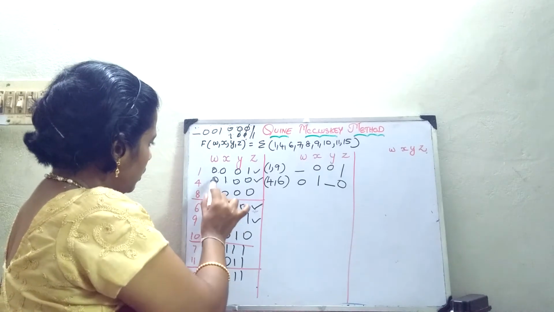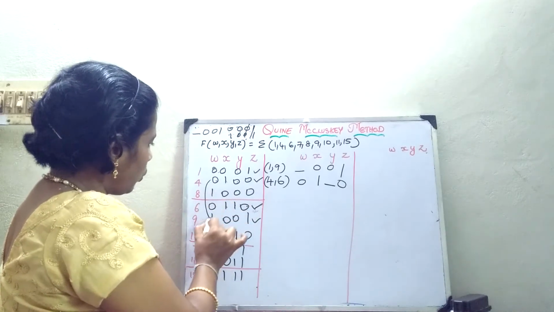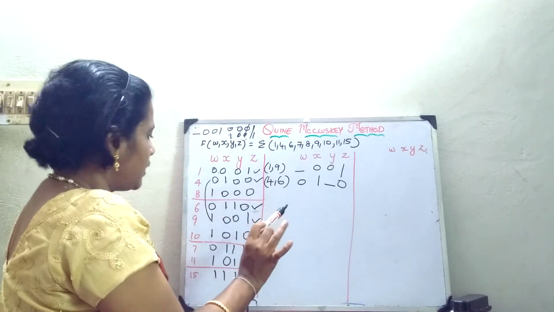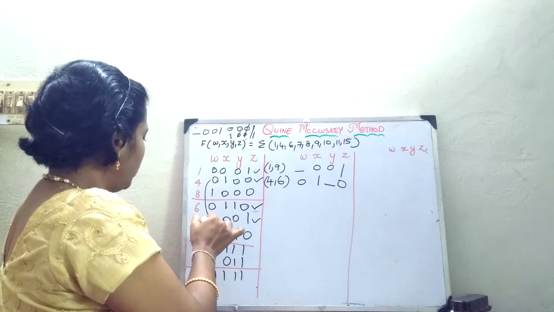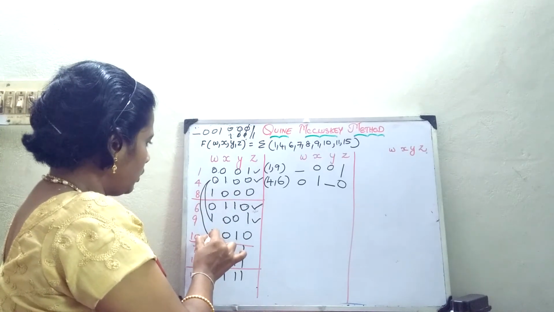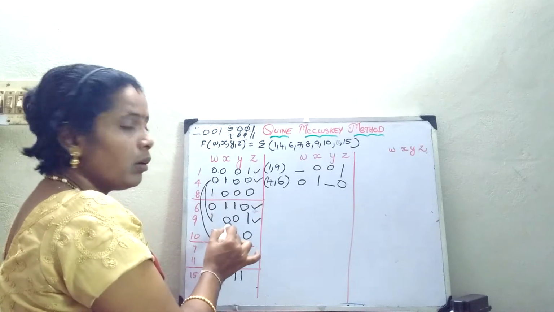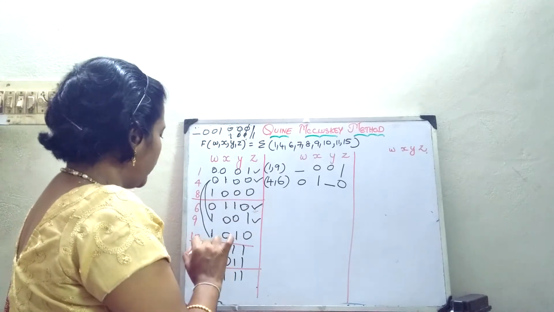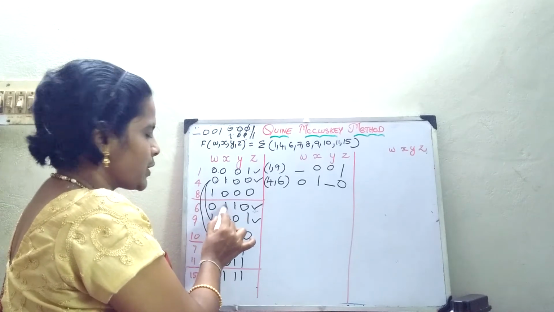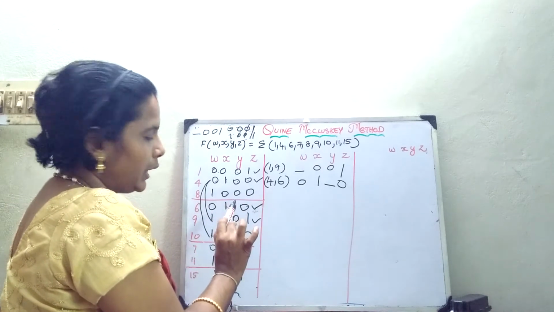Okay. So here I am comparing 0 with 1, 1 variable change; 1 with 0, 2 variable change. So you won't take it into consideration. Now 4 with 10: 0 with 1, 1 variable change; 1 with 0, 2 variable change. So you will not take into account. Now you will come for 8 and 6: 1 variable change, 2 variable change. So 8 comma 6 also we will not take into account.